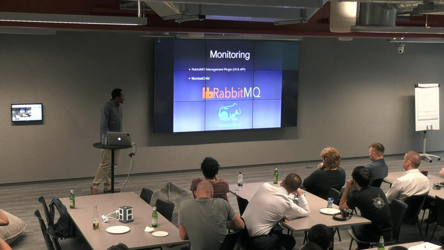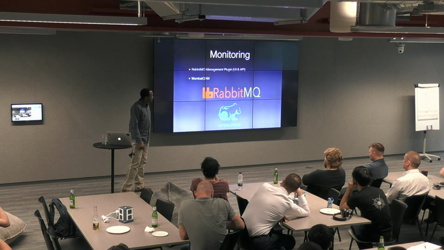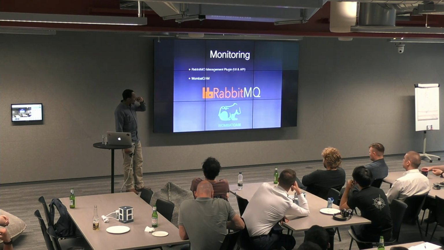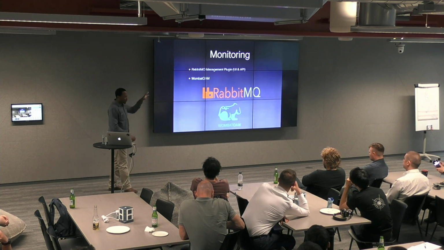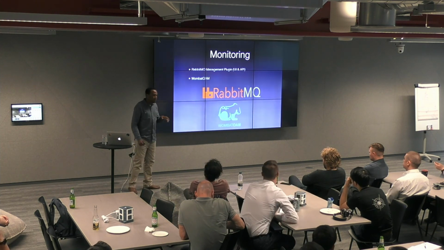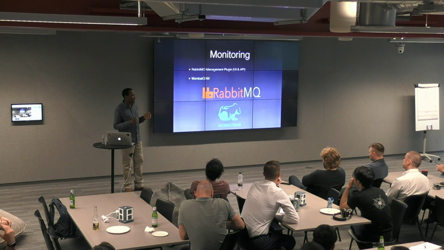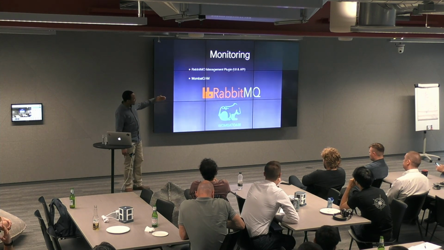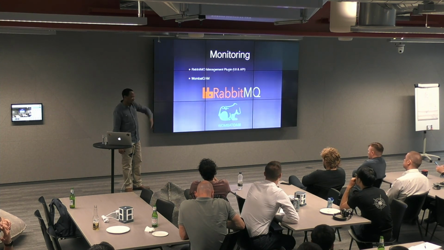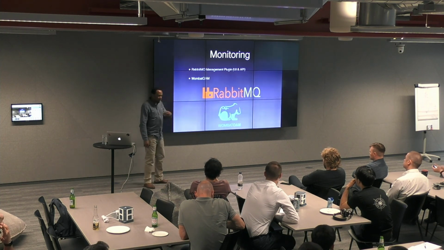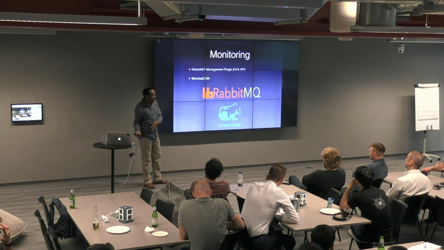And then monitoring, right, which is quite important as well. So Rabbit comes with a built-in plugin, the management plugin, which consists of the UI, obviously, and an API which it exposes, right? So you're going to see tools like Datadog, Grafana, and all that. They basically integrate to the management API and manipulate that. So there's quite a lot of monitoring tools, but they just ride on the management plugin, right?